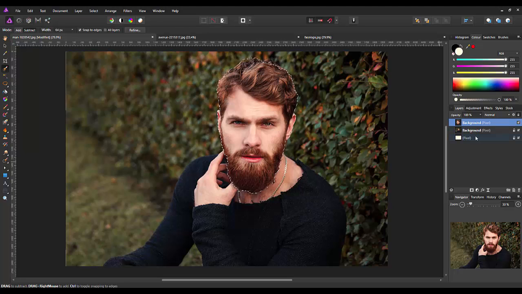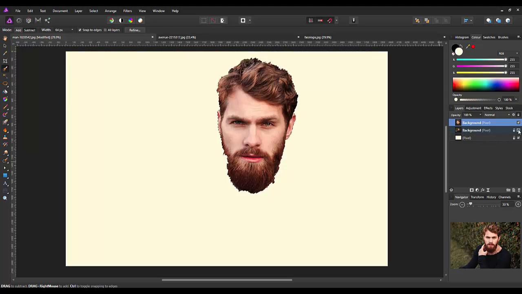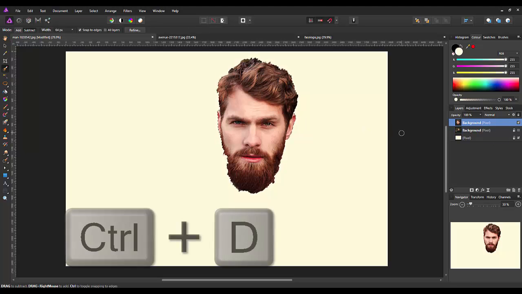What he did then was to hide this background image by just taking the tick off there. So you have the face above the white background that we made previously. And then press Ctrl and D to remove the selection area from around the face,